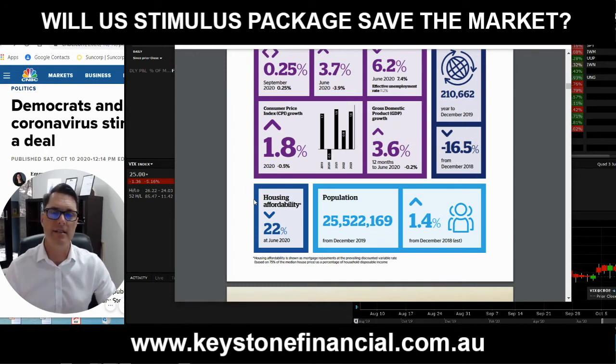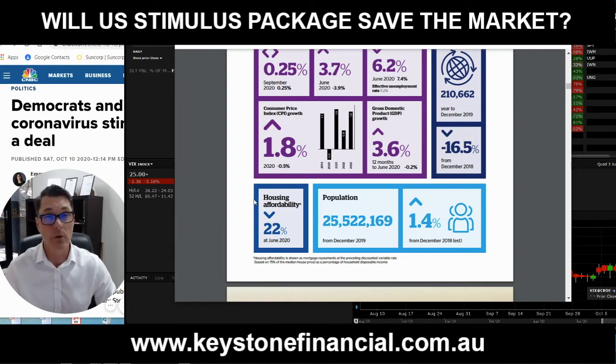Now, as I've mentioned before with the budget stuff, and by the way, the budget was pretty good. I thought it was pretty balanced. I mean, obviously there's going to be winners and losers, but clearly what the Australian government is trying to do is boost employment, and particularly employment for young people, and I think that's probably a good thing. So it remains to be seen what the impacts of all of this are, but I certainly think in terms of the budget, they've fired the bazooka at the market.